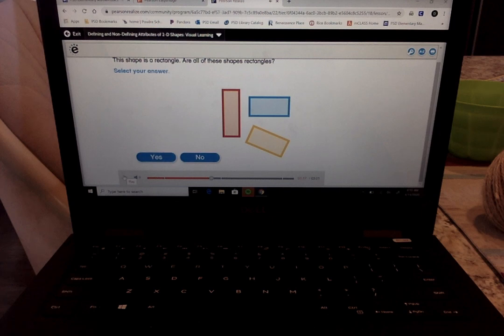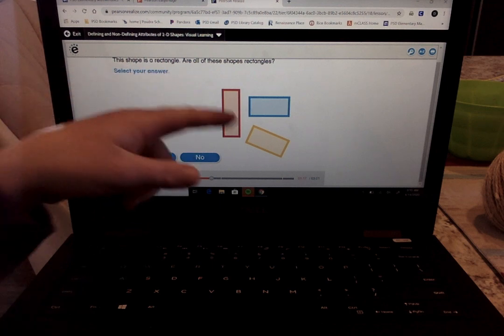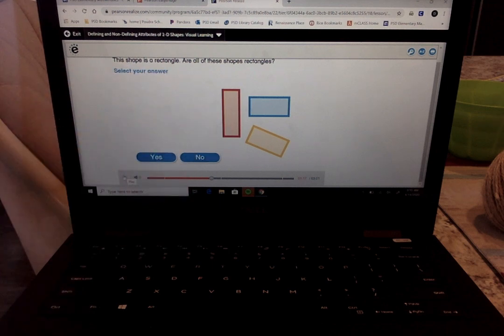Are all of them rectangles? Do all of them have 4 straight sides? Do all of them have 4 vertices? Okay, even though the sides aren't equal. We talked about how non-defining, it doesn't matter if they're different colors or if they're different sizes or